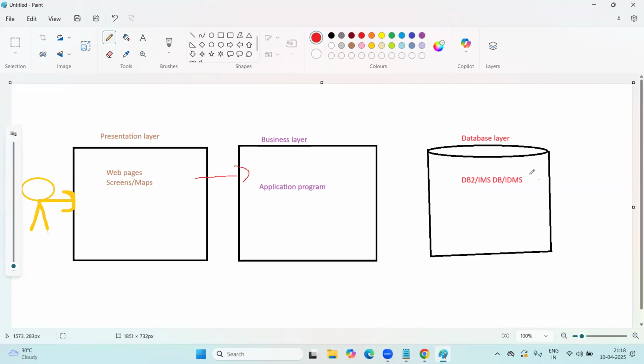Okay, by the way, there is VSAM also, Virtual Storage Access Method. So you remember that. The application layer goes to the database layer. It will check whether the content is there or not in the database. If it is there, the corresponding response will be sent to the business layer. The business layer, nothing but the application program, will send another screen or message to the